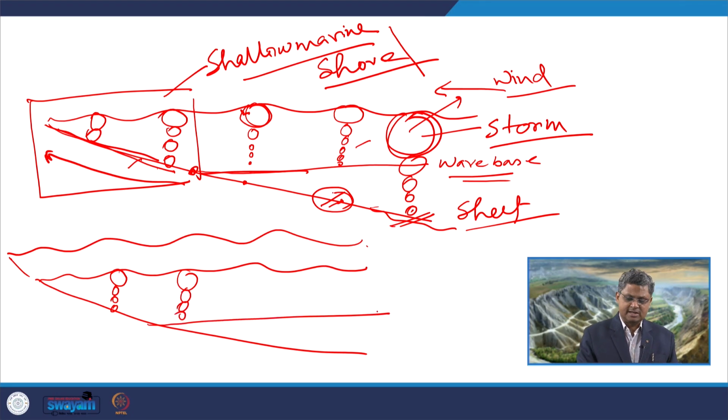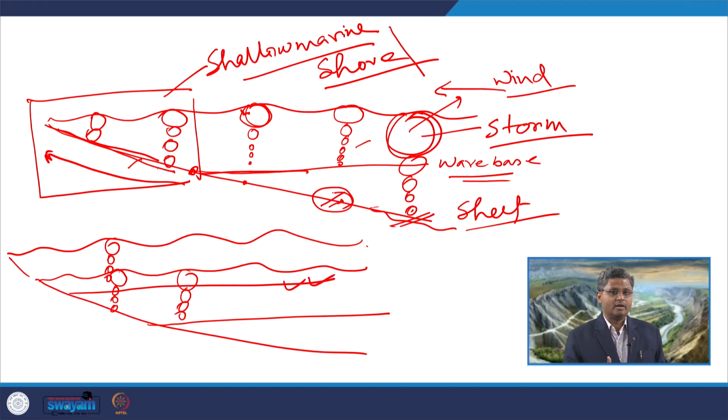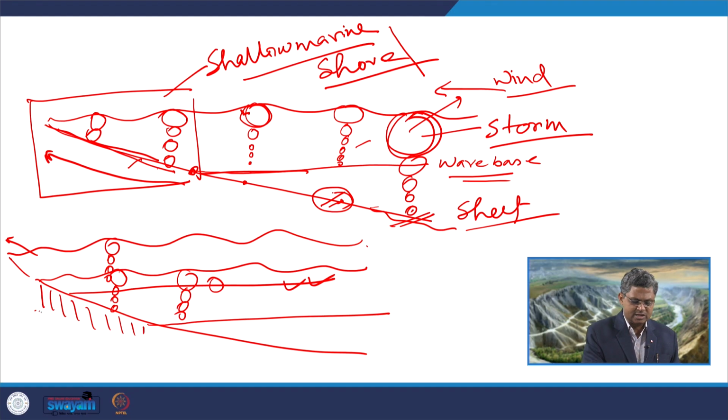Now, in the same place, since the water level is higher, the wave vortex is now reaching up to this, maybe this is the modified wave base. So, definitely when the sea level is rising, base level is rising and the shoreline is encroaching towards the land, the position of the wave base will also change. So, earlier the erosional zone under wave condition was this much, and now the erosion is confined over here.